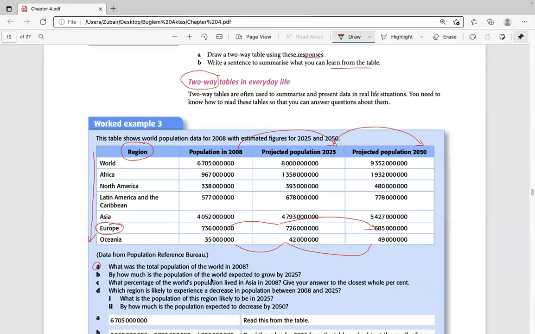By how much is the population of the world expected... Okay, just remembered one thing. Do you know how to write these numbers in standard form? I'll write the first one. It says, what was the total population of the world in 2008. If I just look at this number, this is 6705. And then I have 6 zeros, 1, 2, 3, 4, 5, 6. So if I just convert it into standard form,